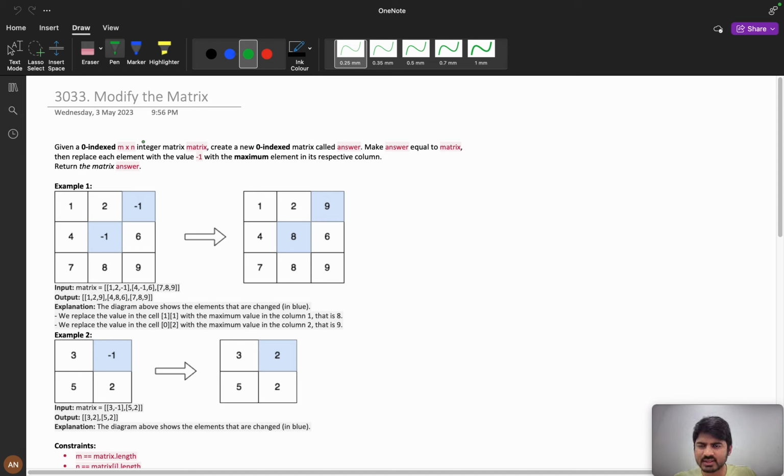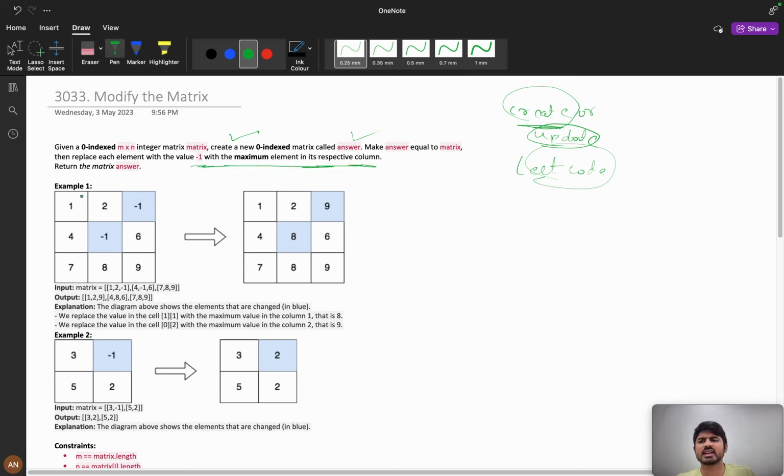Given a 0-indexed m by n integer matrix, create a 0-indexed matrix called answer. It is telling you to create, so we can create a new one or else we can update. Generally in interviews, if they say to create, we should not update the original matrix, we need to create a new one. But this is a LeetCode contest, so the main goal is to submit the solution as quickly as possible. So make answer equal to matrix, then replace each element with the value -1 with the maximum element in